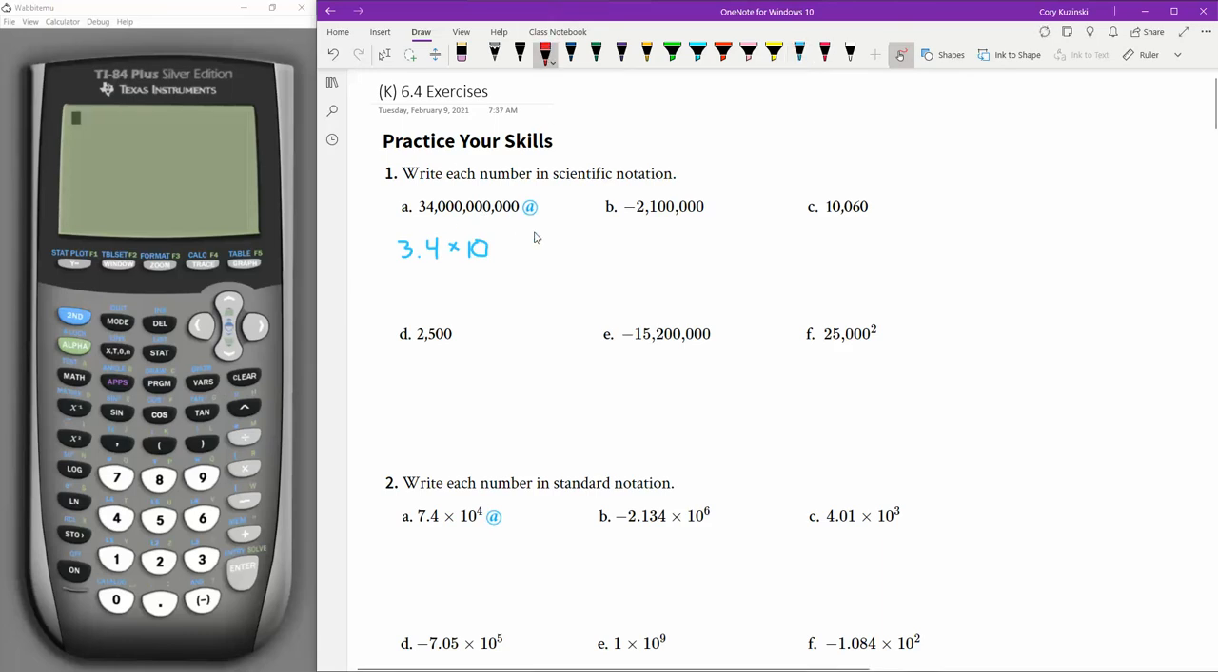Let's use a different color here. 1, 2, 3, 4, 5, 6, 7, 8, 9, 10 times. So some people make the mistake of just counting the zeros, but it's really more about counting the number of times you got to multiply by 10. So 3.4 times 10 to the power of 10 in this case, and that equals